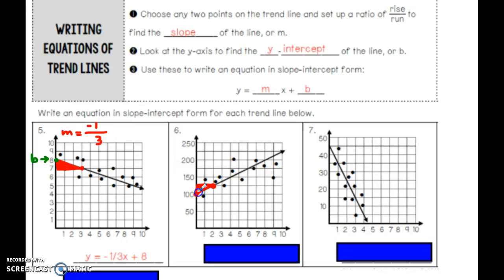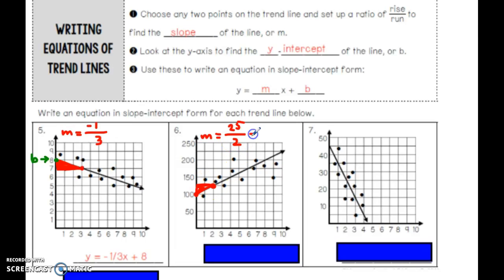Now, be very careful with the slope triangle because you do have 1 box that you're rising up for the slope triangle, but that 1 box has a very different scale than in the last example. The last example, each box stood for 1 unit. In this example, each box stands for 25. So we actually have a rise of 25 units, and we have a run of 2 because the units on